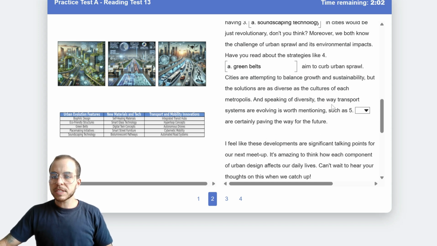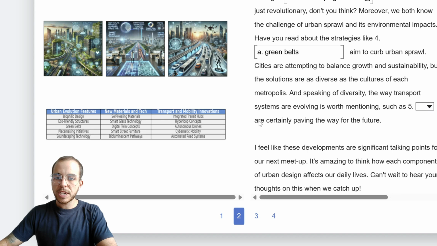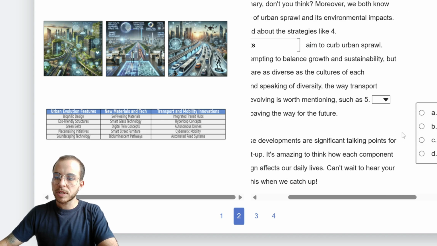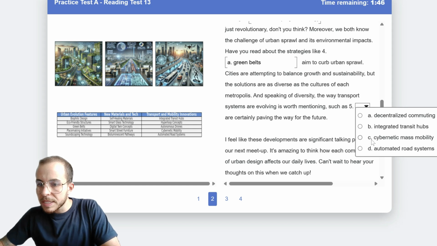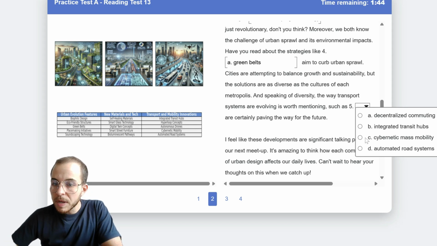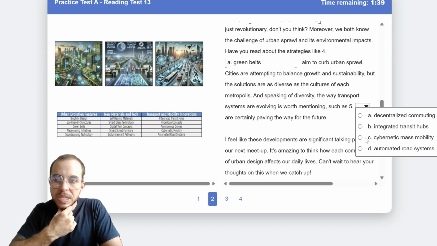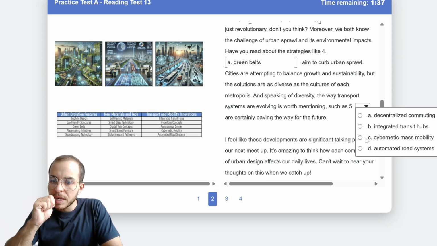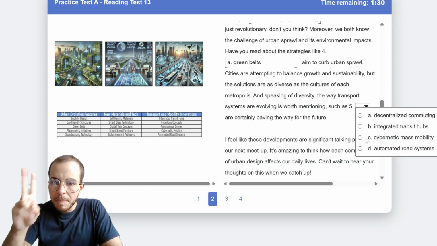And speaking of diversity, the way transportation systems are evolving is worth mentioning, such as, so look in the transportation section, such as something certainly paving the way for the future, such as decentralized communities, cybernetic mass mobility, automated road, integrated transit hubs, paving the way for the future. Ooh, which one would really be paving the way for the future? Not decentralized. Integrated transit hub, yes, perhaps. Cybernetic mass mobility,